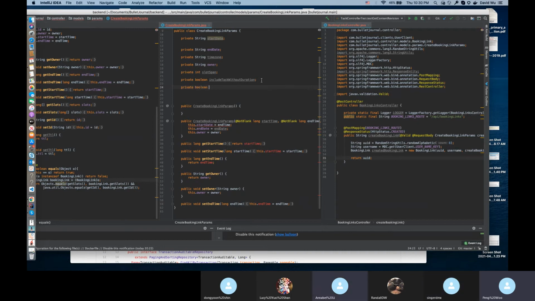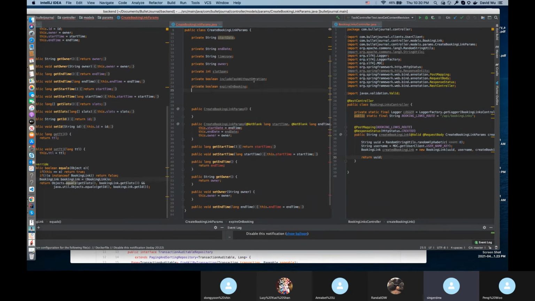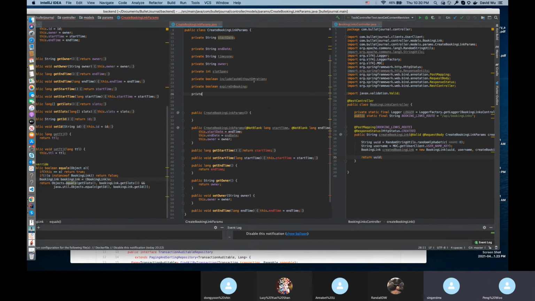Boolean. Expire on booking. That means once a user books using this link, the link expires. Okay. The other one is link expiration time. Maybe this is more like